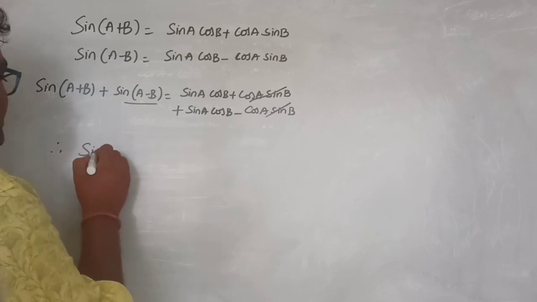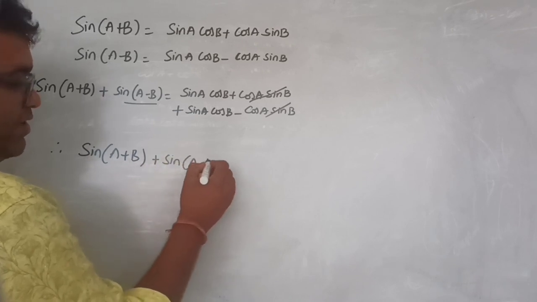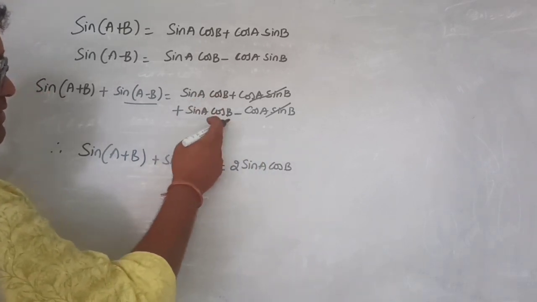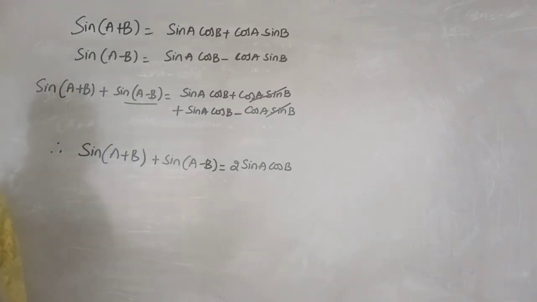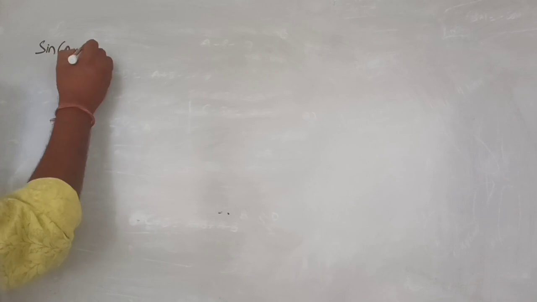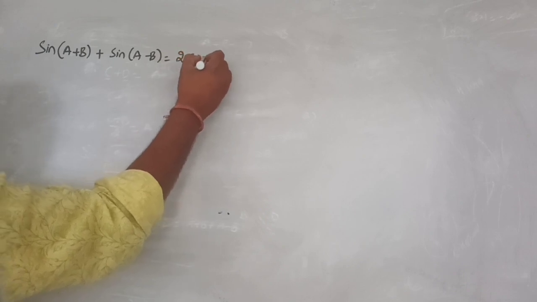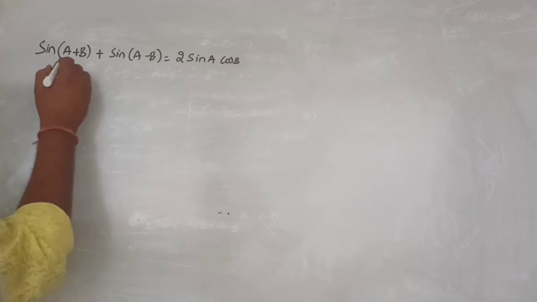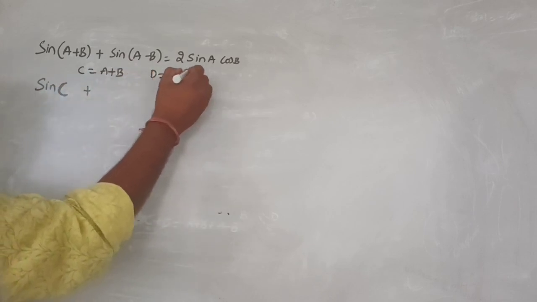Therefore, sin of A plus B plus sin of A minus B is equal to 2 sin A cos B. Sin A cos B plus sin A cos B is 2 sin A cos B. That is the formula we got: sin of A plus B plus sin of A minus B is 2 sin A cos B. Since we know that C is equal to A plus B, so sin C, and D is equal to A minus B, so sin D,